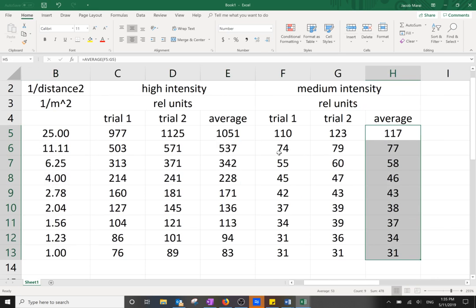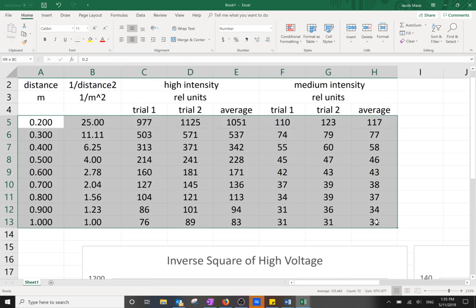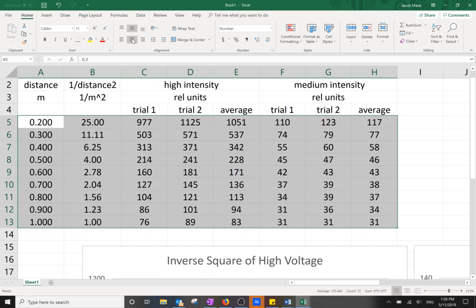Okay? Now, next you'll notice I've already made these numbers sit in the middle. So you can see I have center justified them and I've put them in the middle of the cell. You could put them all left justified, but nah, I like things to be nice and in the middle. Okay? Next,